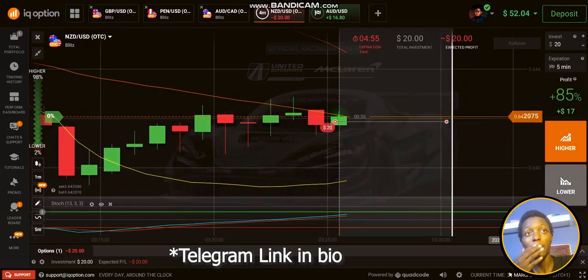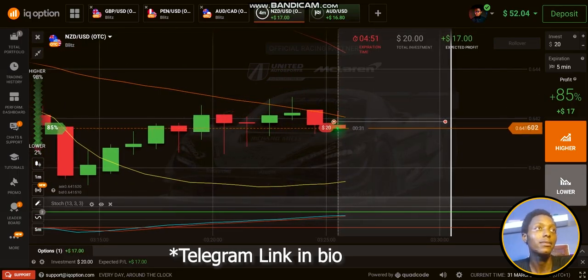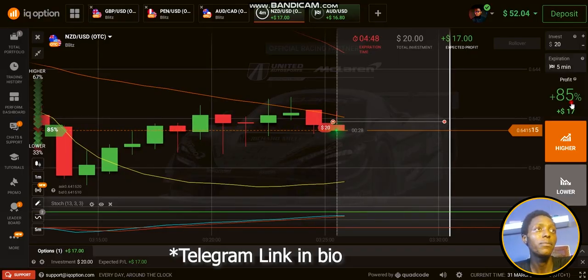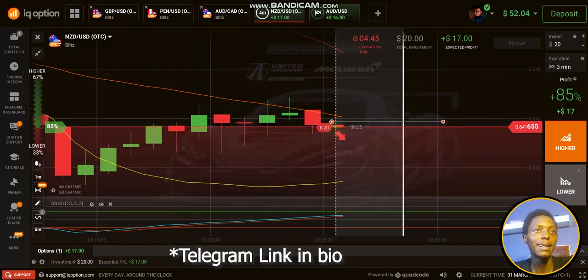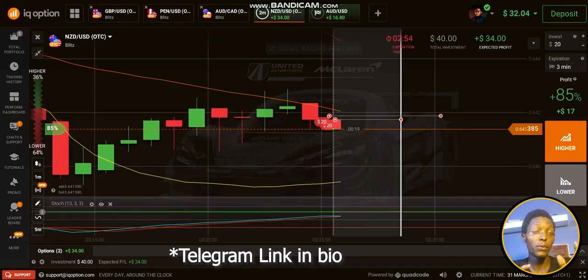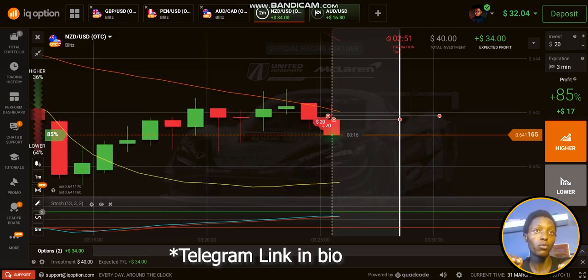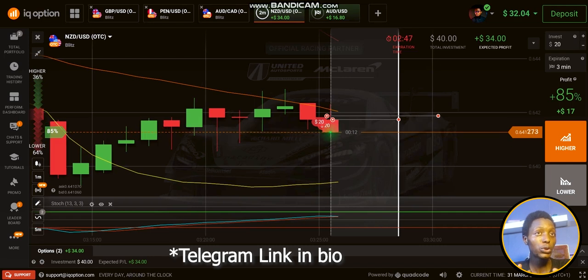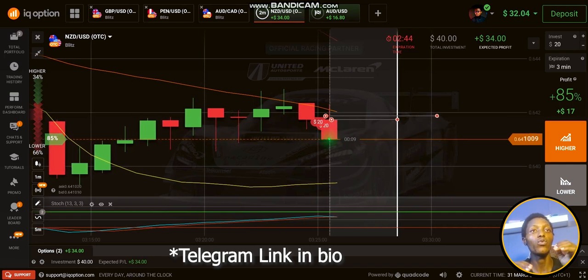Oh wow, I made another mistake here again. Instead of 3 minutes, I entered 5 minutes. So I'm gonna go ahead and enter 3 minutes again. The reason why I sell again for 3 minutes is not just because I'm confident that this will be a winning trade, but also because we have entered